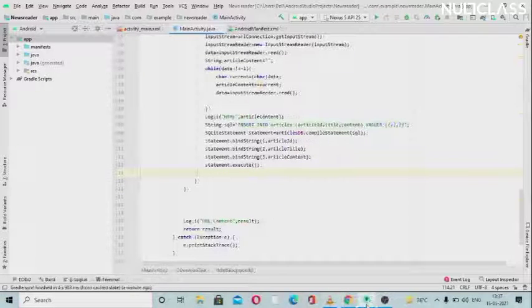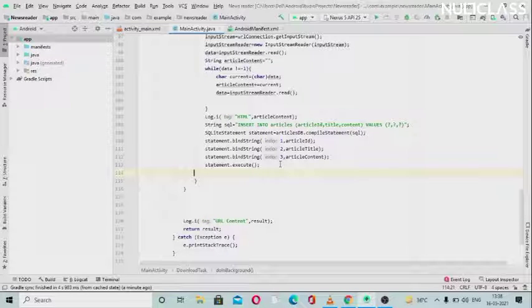Just close this. So now that we have implemented our database successfully, I will tell you the reason why we have used this SQLite statement. Why have we used this? We can simply store it in an array or something, but as this is live code and we are not interrupting in between, it will go on by itself. So we need to create this SQL statement, as if we want to delete something in between, we can't do that, because this is live code.